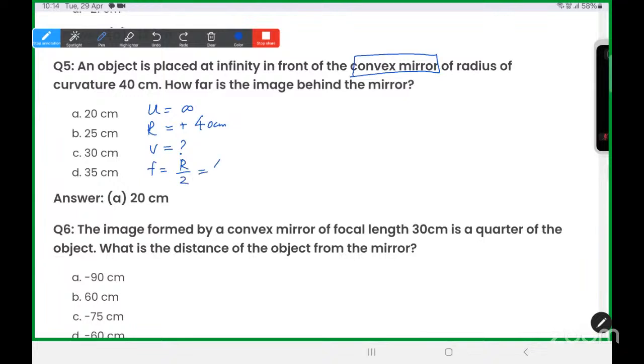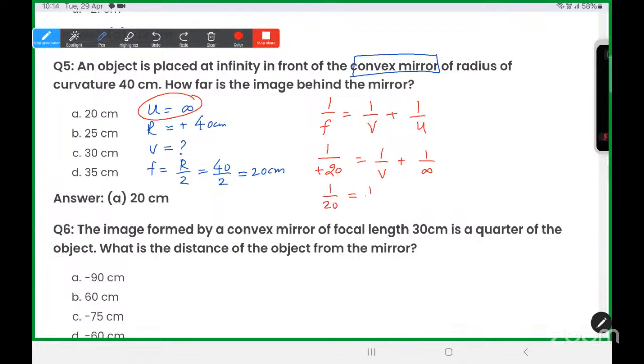से, तो ये 40/2 हो जाएगा। फोकल लेंथ की वैल्यू 20 सेंटीमीटर आ गई। ठीक है बच्चा, अब मैं फॉर्मूला यूज करता हूँ, 1/f इज इक्वल टू 1/v प्लस 1/u। तो फोकल लेंथ की वैल्यू कितनी हो जाएगी, +20 सेंटीमीटर। ऑब्जेक्ट डिस्टेंस को इन्फिनिटी रखूंगा क्योंकि क्वेश्चन में इन्फिनिटी दिया हुआ है। तो 1/20 इज इक्वल टू 1/v, 1/इंफिनिटी की वैल्यू 0 हो जाएगी, तो फिर इमेज डिस्टेंस की वैल्यू +20 सेंटीमीटर आ जाएगी। दैट मीन्स +20 सेंटीमीटर इज द करेक्ट आंसर। समझ में आया, करना कुछ नहीं है, ये तो क्वेश्चन और भी ज्यादा आसान था। ठीक है ना, आगे बढ़ता हूं मैं।